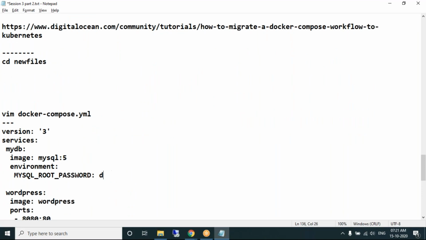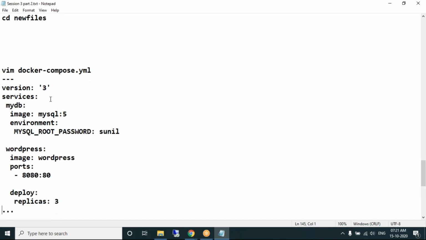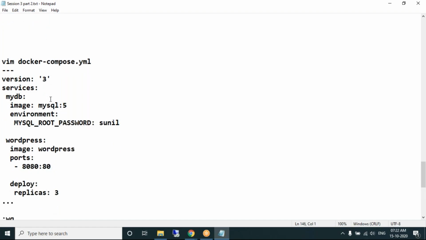A quick recap of the Docker Compose feature we discussed in Docker. We created a docker-compose.yaml file, isn't it, Akhil? We defined services, a MySQL database and then WordPress, and WordPress and MySQL were linked with each other. Same concept. I'm using a docker-compose.yaml file. Let me create the YAML file.